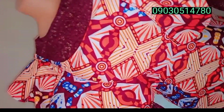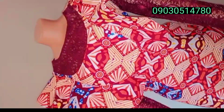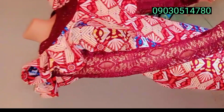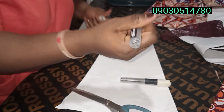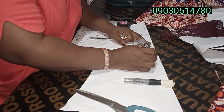Today we are going to be drafting this structure. You can see here from beginning till the end. We are going to draft it out and attach it to this outfit, okay? So if it's something you would want to see how I did, please stay with me to the end. Let's get started. So I measured from where I wanted to start and end, from my half length in the